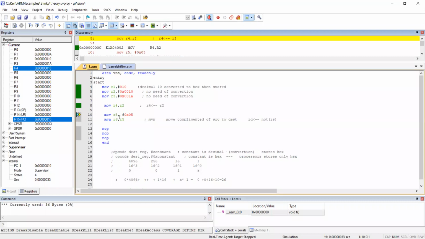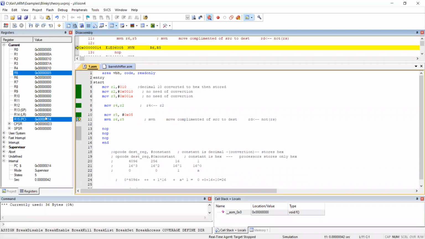New concept. Move some constant. What is that? 5. Where? R5. Let's see whether that is right. See, yes, correct. Please make a note now. What is there in this R5? How many zeros are there? I think 7. 1, 2, 3, 4, 5, 6, 7. Then we have 5. Where is this present? This is present in R5. Let me write R5 right now like this: 4 zeros, again 3 zeros and 5. I have typed in the chat box.